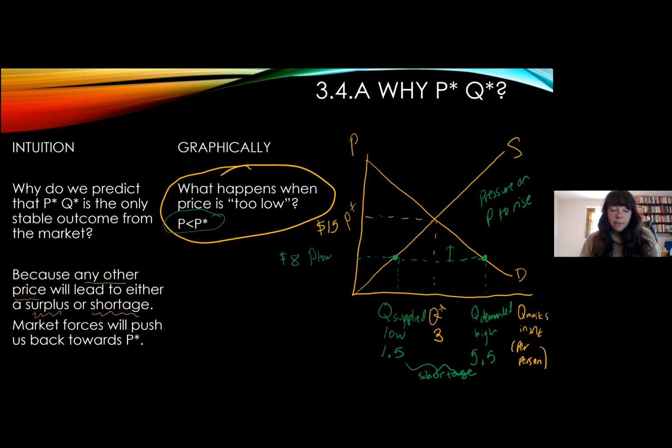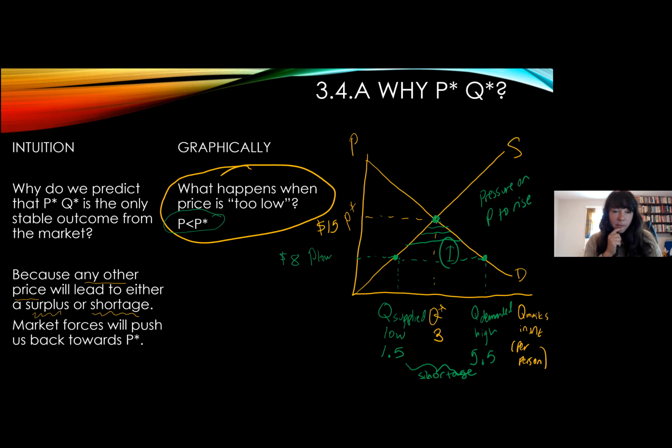If there's a shortage, the price will start to rise. And as the price inches up, the shortage gets less bad, less bad, less bad, boom. This is where people stop bribing suppliers to give them masks. This is where the bartering stops. This is where the market is stable. Everybody that wants a mask at $15 can find one. There's no shortage of product. There's no surplus of product. So that arrow right there is the invisible hand. People bargaining up the price when the quantities are not equal is the market forces. Hopefully that makes sense to all of you.